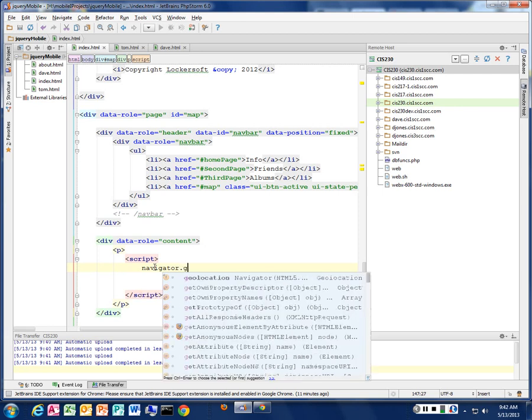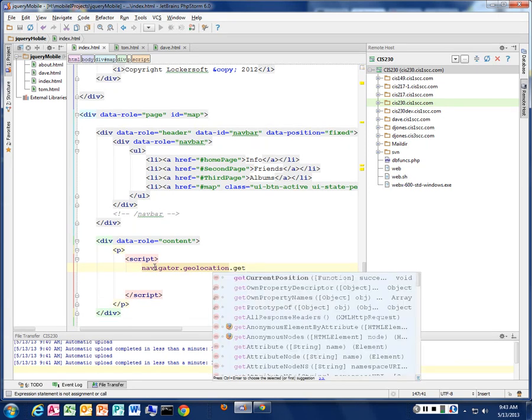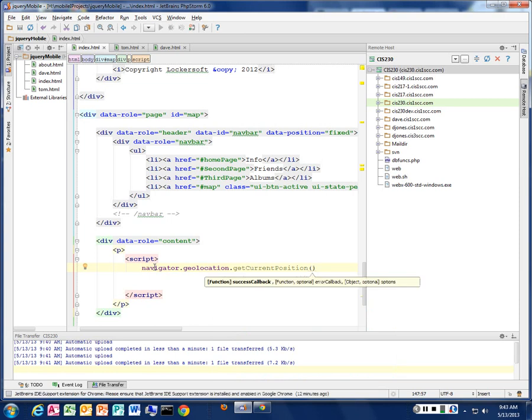And then we want to call the geolocation. Notice that it's found it there. See, geolocation. And we want to call the function getCurrentPosition. See, that IntelliSense already gives that to us. Isn't that great? And what we are going to do with this is pass in a function. See how it likes to have a function here in the IntelliSense? It says this should have a function, much like when we do an on-click or something like that. We're passing in an anonymous function that